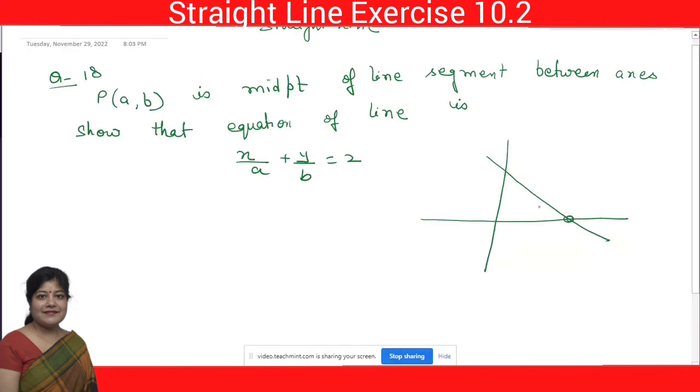This line is between the axes. That means it is touching the axes at different positions on the x and y axis. And this is the midpoint of this line, that is P, A comma B. And we have to find the equation of this line. If this is A and B, let this be x1, y1, and this be x2, y2. Now, with the help of the midpoint formula,